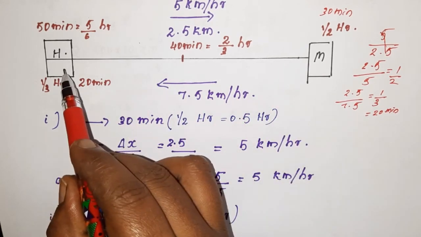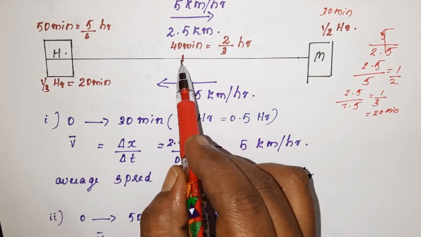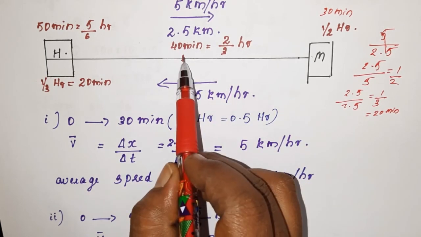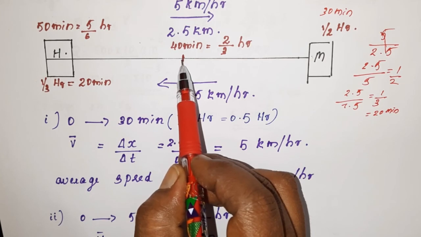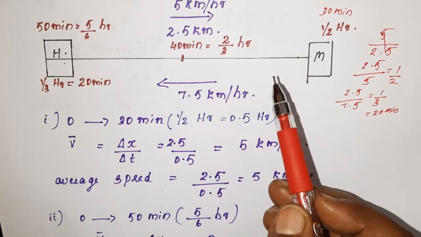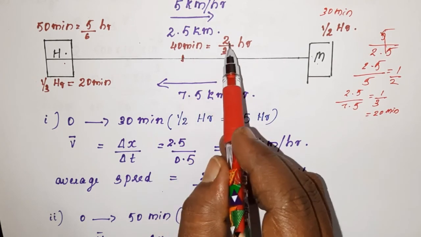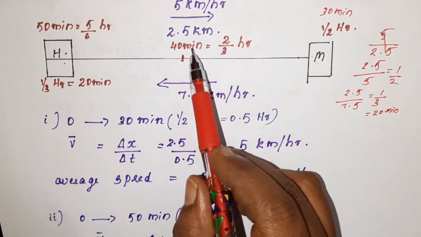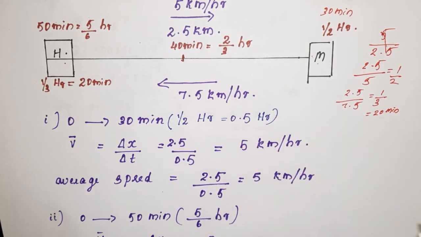For reverse motion, the time taken is 20 minutes. So in 10 minutes, he will be covering half the distance. So at the end of 40 minutes, 30 minutes plus 10 minutes, he will be here. That means at the end of 40 minutes, his position is 1.25 kilometer from home and from market. That means equidistant from home and market. And that time, 40 minute, we write as 2 by 3 hour. Hope you know how to convert minute to hour. 40 minute by 60, that means 40 by 60, 4 by 6, that is 2 by 3 hour.